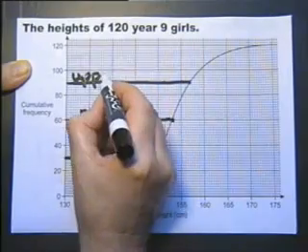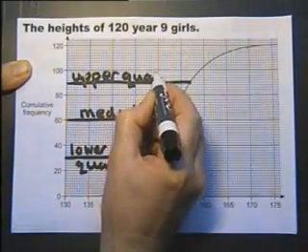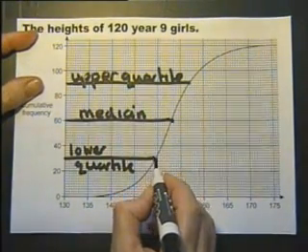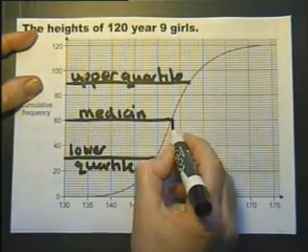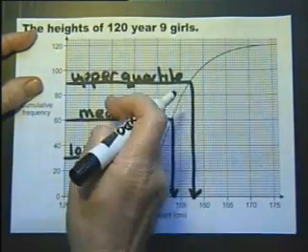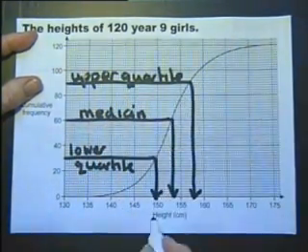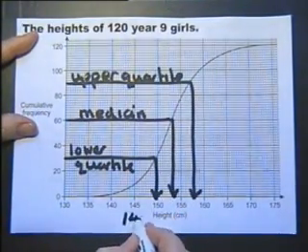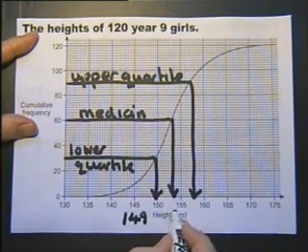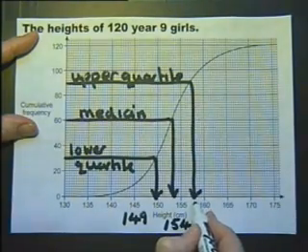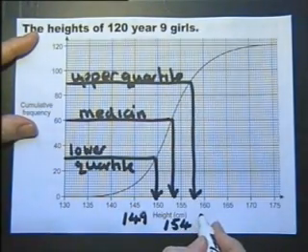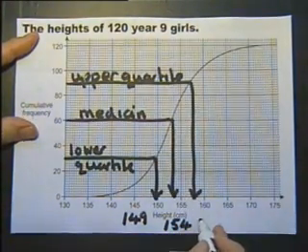And in the exam, most definitely label exactly as I've done there. Because if per chance you're not very good at the question, the examiner could still give you marks for showing that you do know how to find the information of this from a cumulative frequency graph. Right, well I'm going to put that as 149, that as 154, and that as 158.